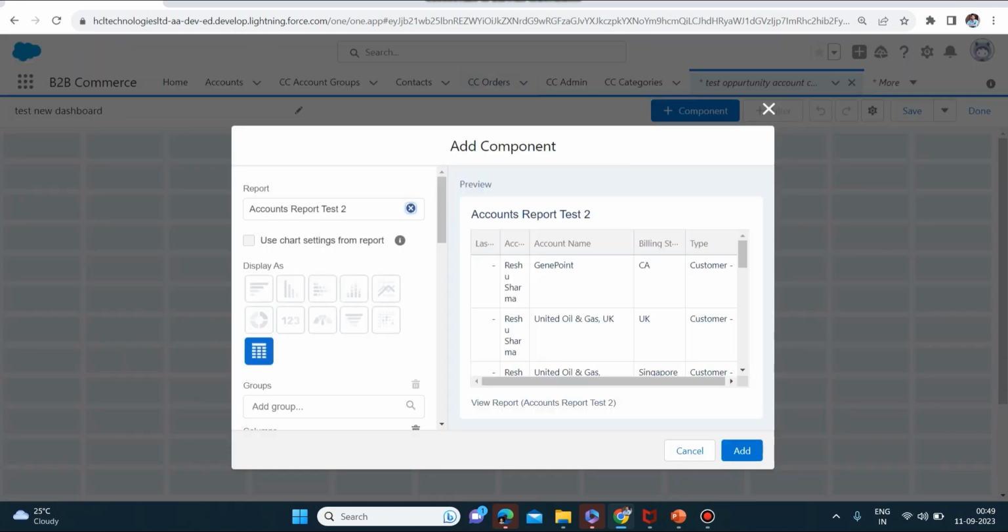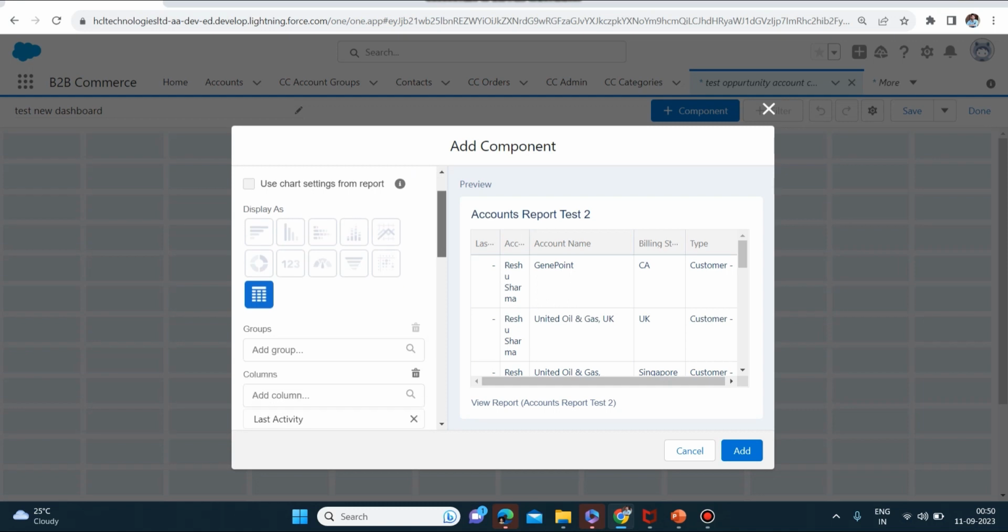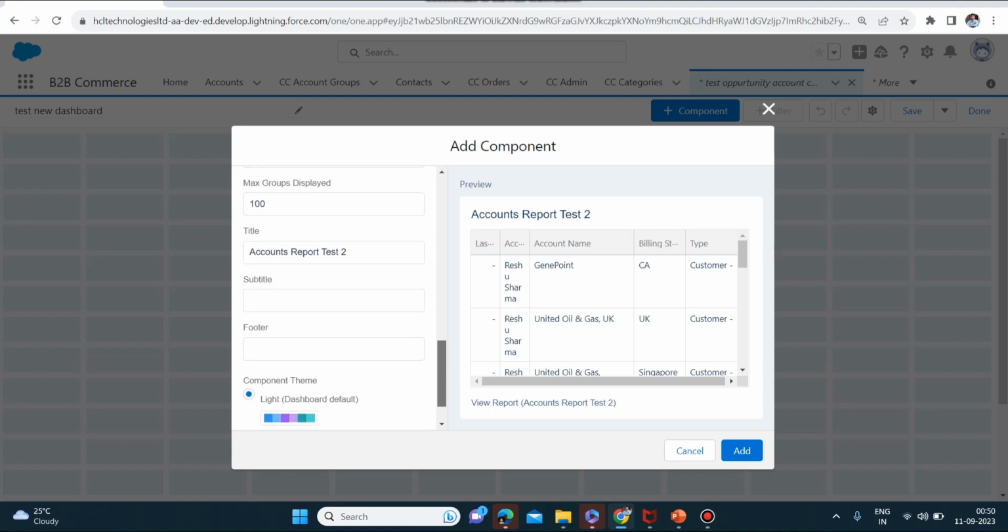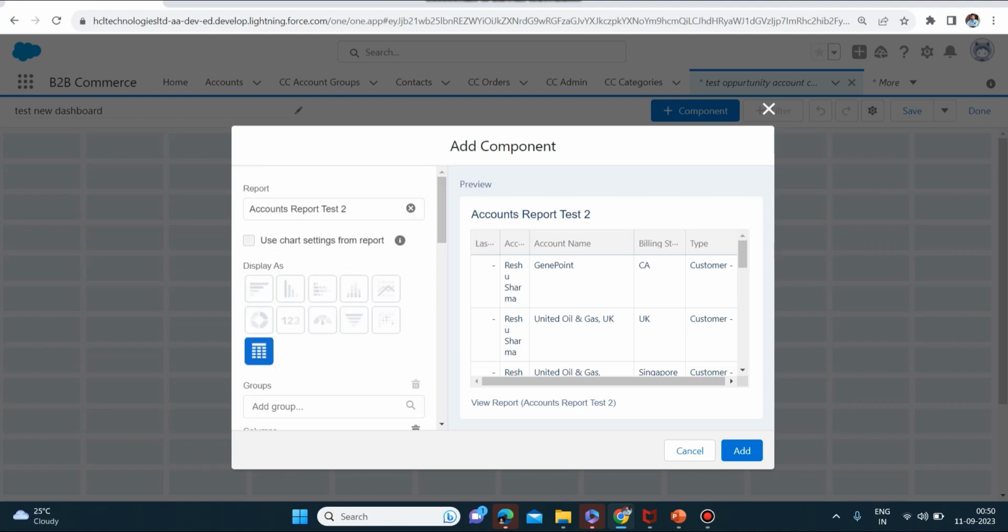Okay, so here also we have created it. As you can see, from here also we can just create a dashboard. But now you can see that these are all disabled here. I cannot do that. So one thing we have to do, we have to go back, and let me show you what we have to do